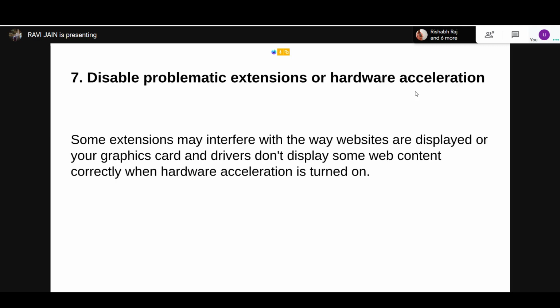And there are a few problematic extensions such as dark mode and high contrast extensions which might not be coded well and which might cause your UI to look a bit off from the normal version. So it is advisable that you turn off all the extensions before doing bug hunting.